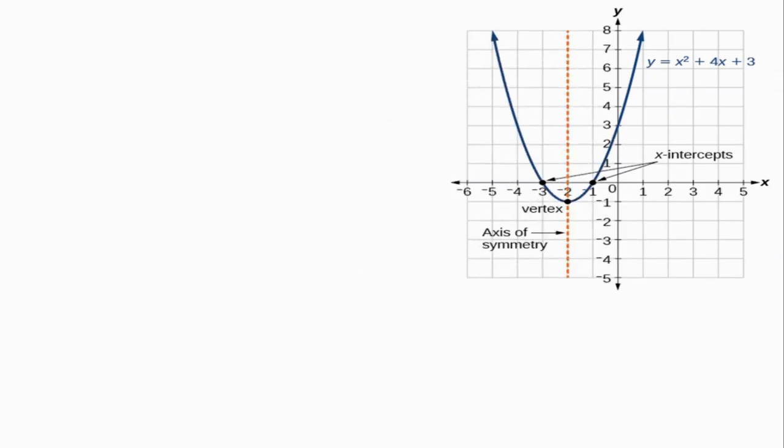This curve y equals x square plus 4x plus 3 is also a parabola. What we observe is this curve is intersecting the x-axis at 2 points. One is -3, another one is -1. That means the curve x square plus 4x plus 3 has value 0 at x equal to -3 and -1. So 0 equals x square plus 4x plus 3 has the zeros or roots when x is equal to -3 or x equal to -1, as you can see here.